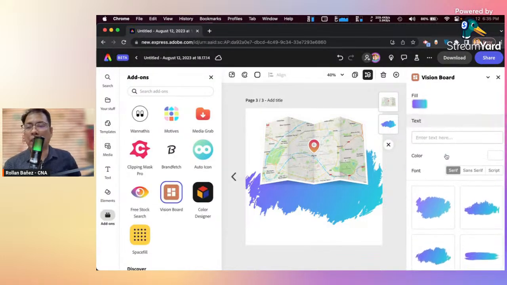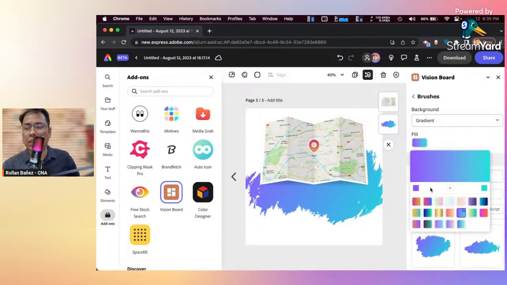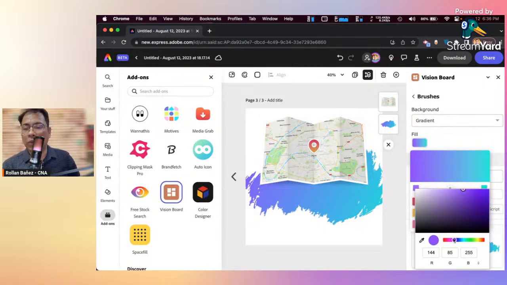So pretty simple. You can add brushes. You can add a customization for the color. In my case, I'm just going to keep it at gradient. You can add more fill on this. Let's say I'm going to do CNA colors and make the second color orange.